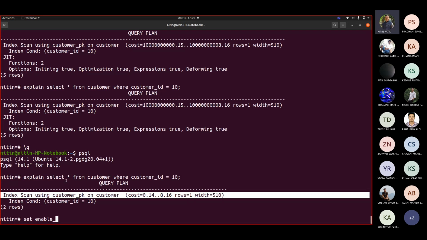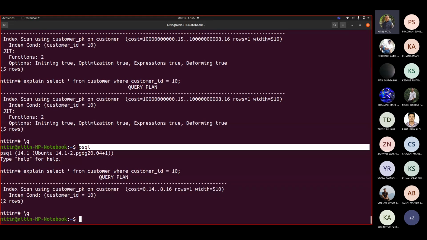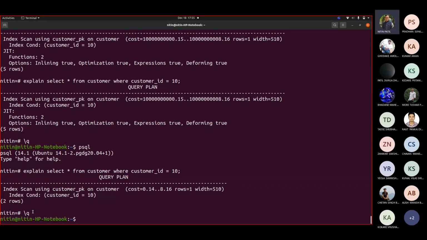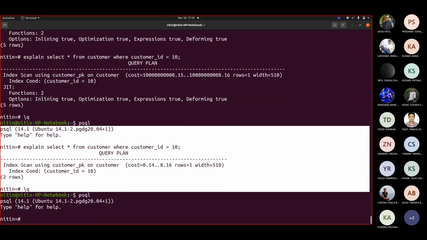A session is when you write psql, start here, and until the time you quit from it. You started here and you ended here. Till this time, whatever switch on, switch off you do would be used. Everything is on at the initial stage, and accordingly the best plan is shown to you whenever you write explain.